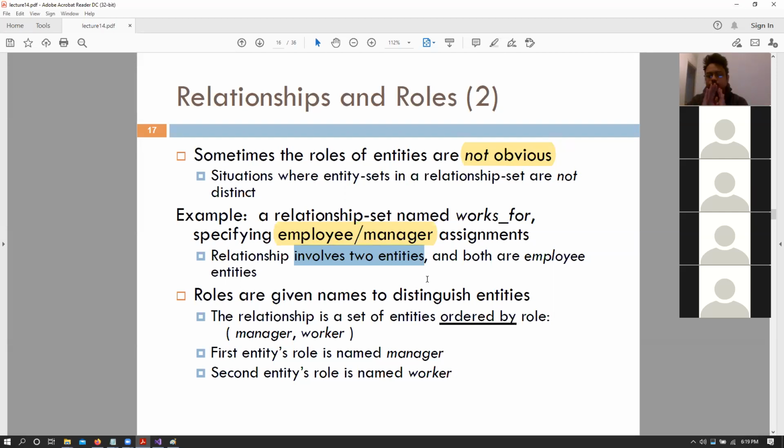So it is related to itself, but you can imagine that basically there are two copies of employee entities that are being related to each other, right? So it essentially involves two entities, both are employee entities, but essentially they have these roles, right? One is an employee role, the other is a managerial role. And in these situations, usually we can say that the first name would be a manager, then we have a worker. The first entity's role is the manager of that worker, the second entity is the worker's entity, but those sort of roles can then be actually assigned if need be. Okay.